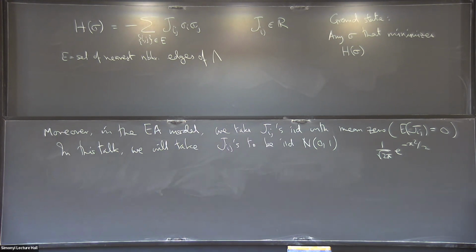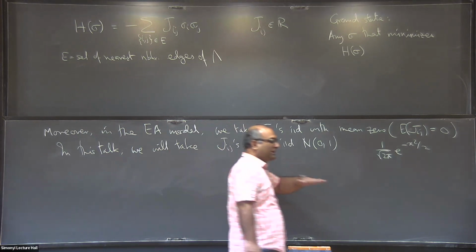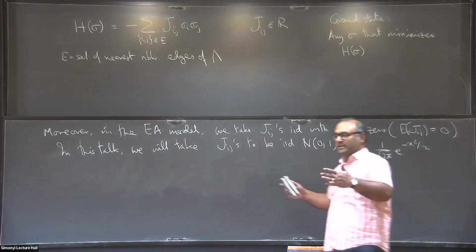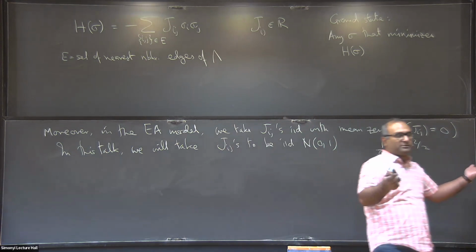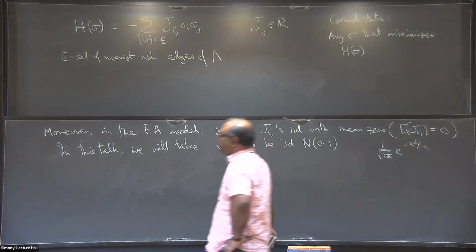This is what I'm going to prove, and due to the proof of this chaotic nature, it now follows also that there are many near ground states, states that are nearly minimizing the energy, which are very different from the ground state. That's a typical feature of spin glasses, that you have many states which are almost optimum, but quite different from the actual global optimum. And so that was the intuition behind this conjecture.